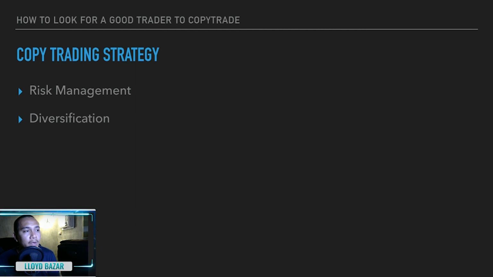I just want to add one more copy trading strategy. They always say never put all your eggs in one basket. Again, never put all your eggs in one basket. So do not just copy one person. If you have $1,000, try considering copying 2, or you can copy 3. Again, the minimum to copy a person is just $200, so you can divide your funds accordingly. Okay, very important: risk management and diversification. You can manage your risk by diversification.